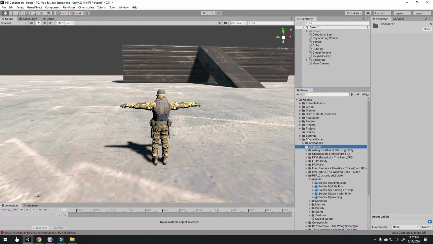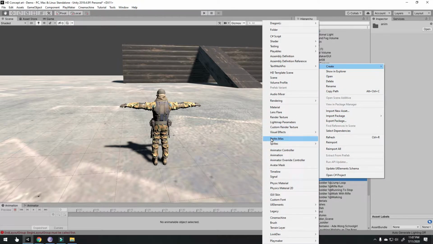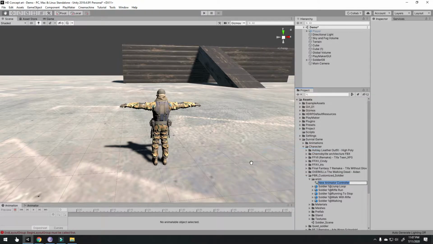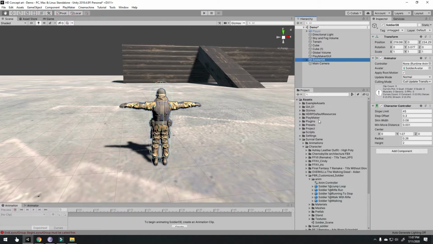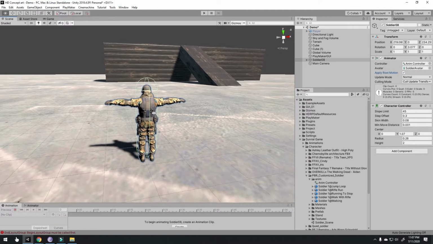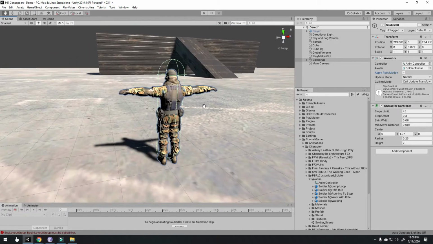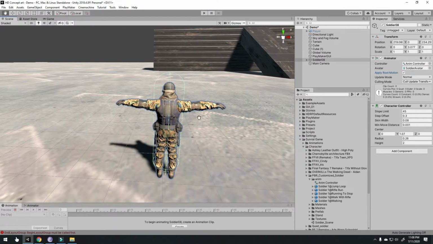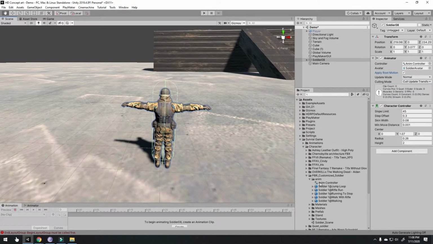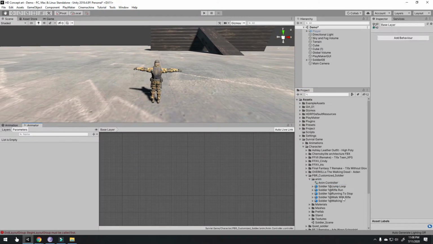Now make a player animator which controls all the animation. Click on animator and name it animation controller and assign this to the player animator. But uncheck this default value. Check apply root motion. Now create